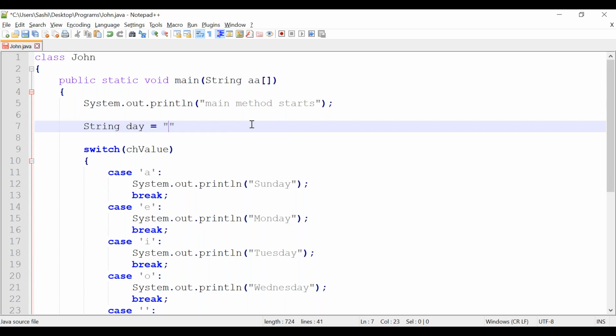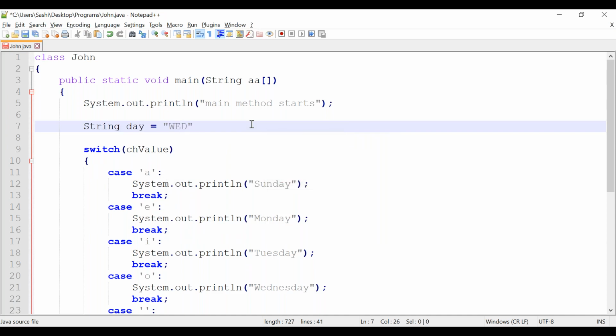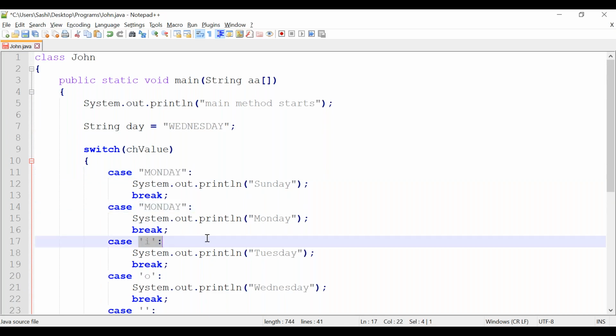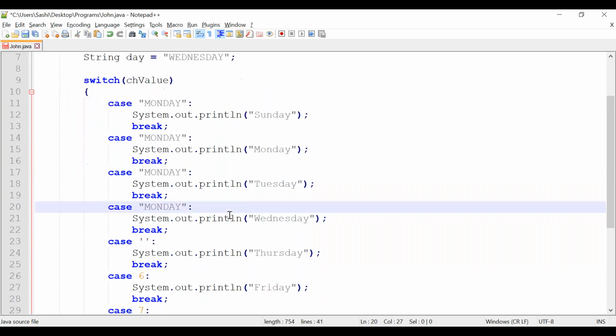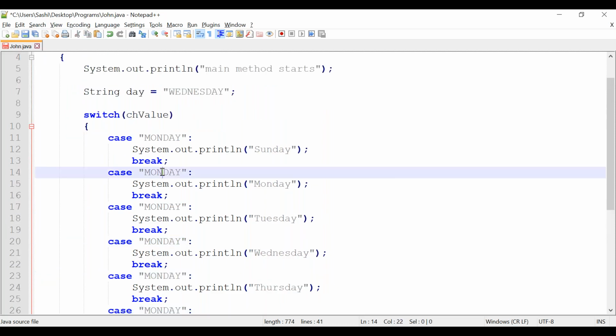Consider I am giving some values, in double quotes you need to give. Monday, let it be Tuesday,